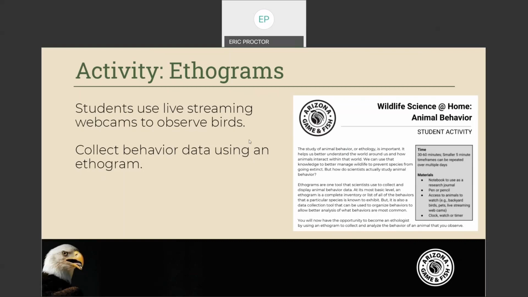So this is an activity that we have that, again, you'll have access to directly from the resources that are going to come at the end on how to make ethograms. I really enjoy allowing the students to make the ethograms so that they have some buy-in on what it is, or you could create the ethograms ahead of time, showing them the behaviors that they're looking for. But what I like to do is have them create the ethogram: observe and jot down every behavior that they notice, and then use that to create an ethogram. What are the behaviors you're looking for? And then go back and observe the animals again using their tool that they just created and start documenting the number of times they're seeing the animals do those different behaviors.